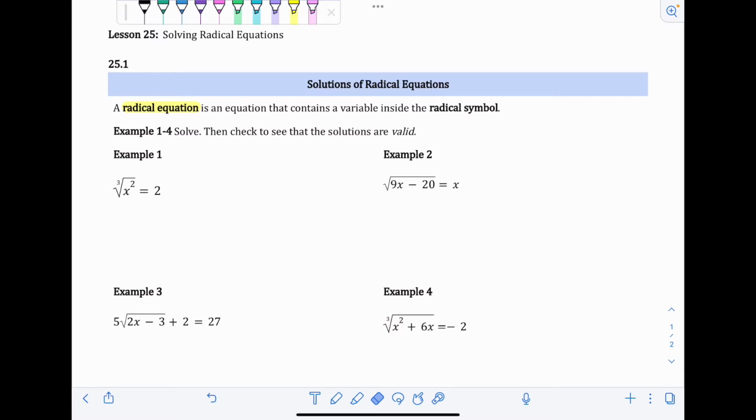So for examples 1 through 4, we're going to solve and then check to see that the solutions are valid. You check that like any algebraic answer, where you plug it back into the original equation and see if it makes both sides equal. We'll probably check the first couple, but for time's sake, we may not check all 4. It's really important in general to check all these solutions though, because with radical equations, you can get extraneous solutions,